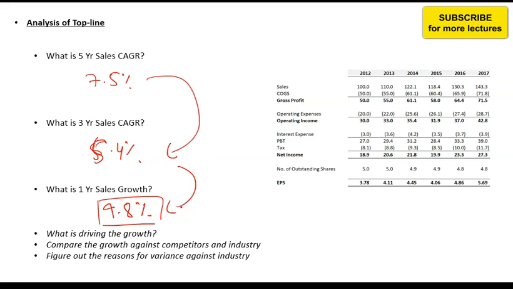So you need to find out what are actually the drivers of this growth. What is driving the sales? What has driven the sales over the 5 years? What has driven the sales over the 3-year period? And what has driven the sales over the past year? Because maybe last year, क्योंकि ये significant एक increase आ रहा है, अगर इसका कोई reason नहीं मिलता, so there can be a case that maybe the company started to quickly recognize its revenues.